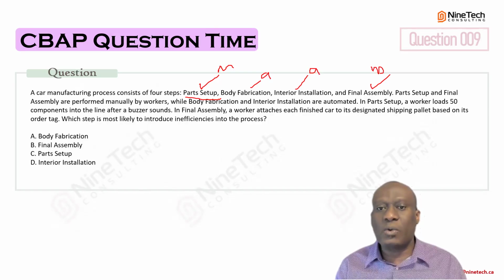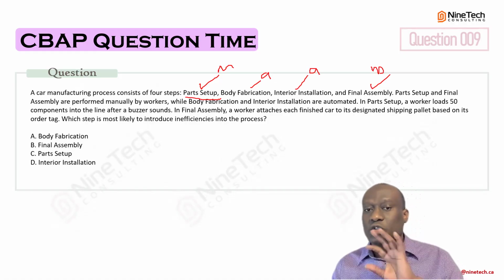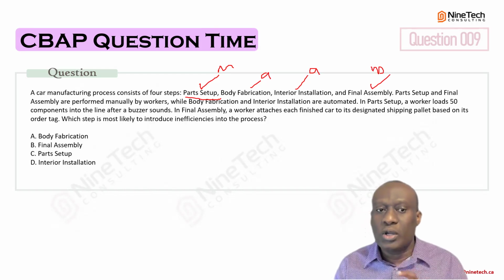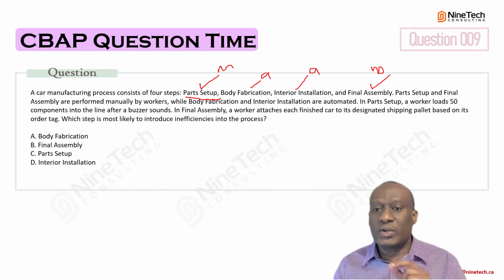In part setup, a worker loads 50 components into the line after the buzzer sounds. Okay, so that's the manual operation for part setup. In final assembly, a worker attaches each finished car to his designated shipping pallet based on its order tag. What step is most likely to introduce inefficiencies into the process? Okay, so just looking at this question, I know the areas that we're going to have inefficiencies will usually be